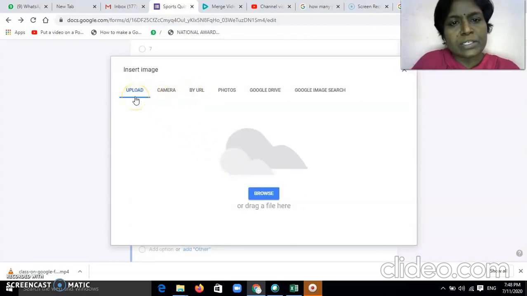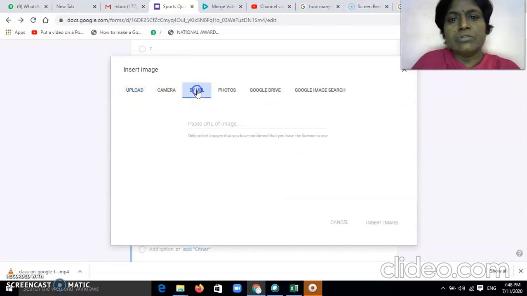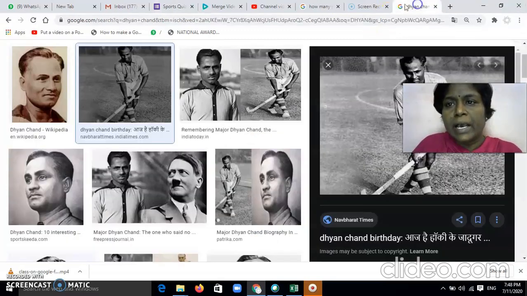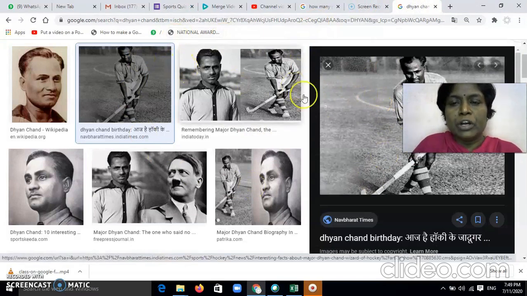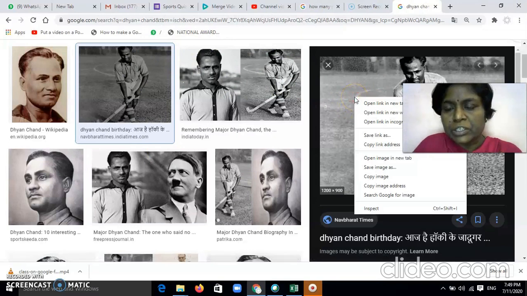If you have the image in your system, upload it from your system. If you do not have it, you can go to a URL and find it. I have opened it here. When you open the Google page, and you want this personality, Dhyan Chand, you right click on the image and you will find Copy image address.